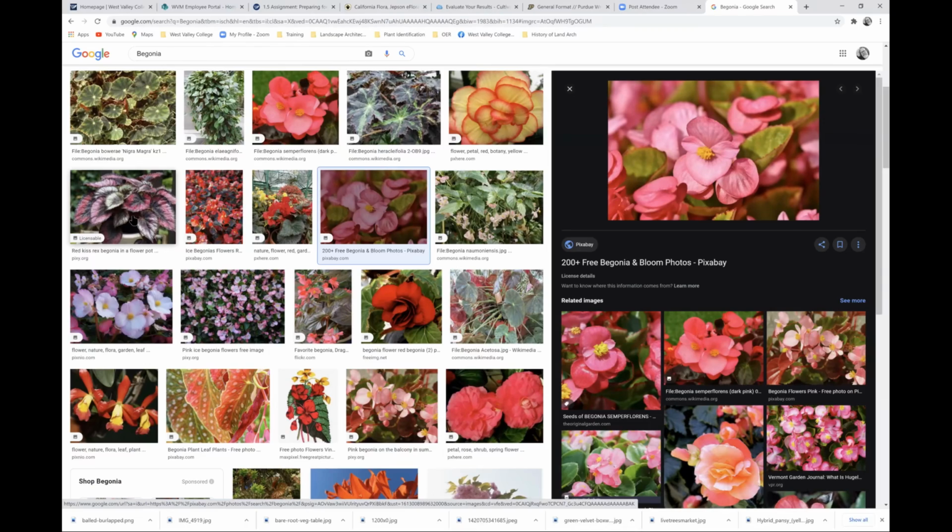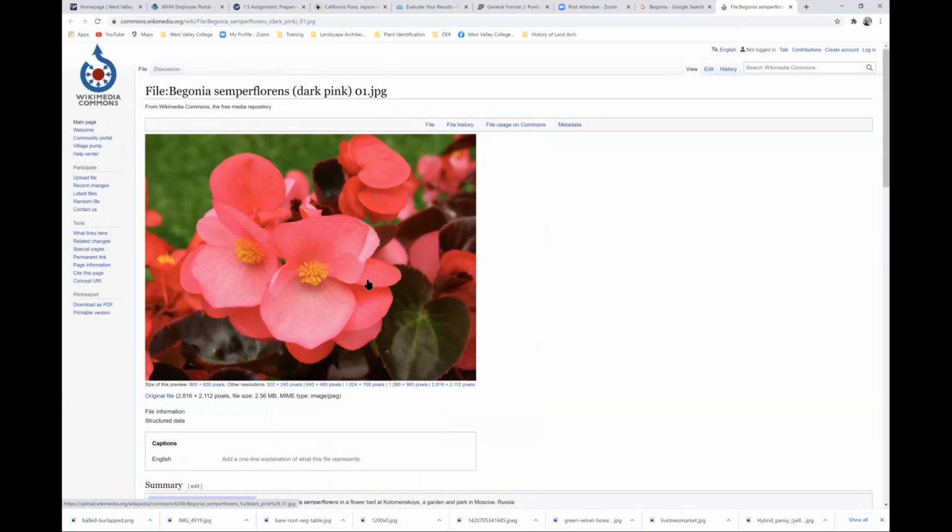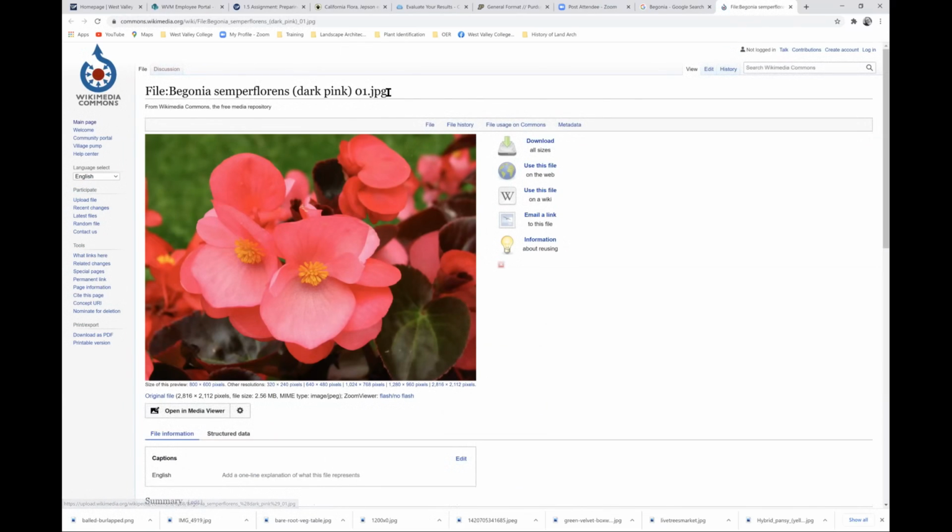So you want to be careful which ones you're looking for. Let me find, here's another Wikimedia Commons. Go to that. Okay, so the title for this one is all this, Begonia semperflorens, dark pink, 1 JPEG.